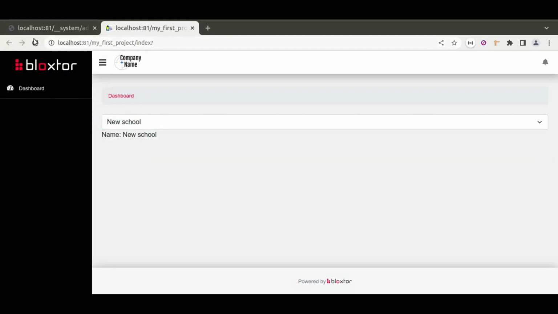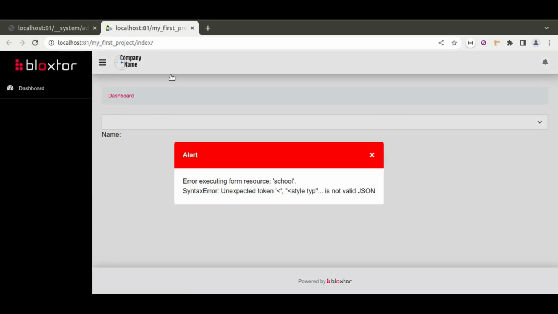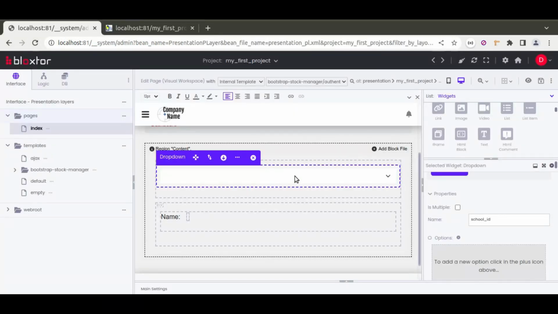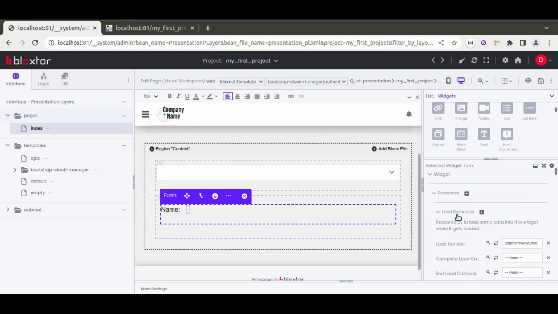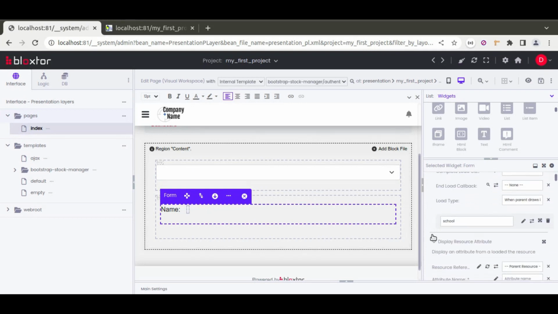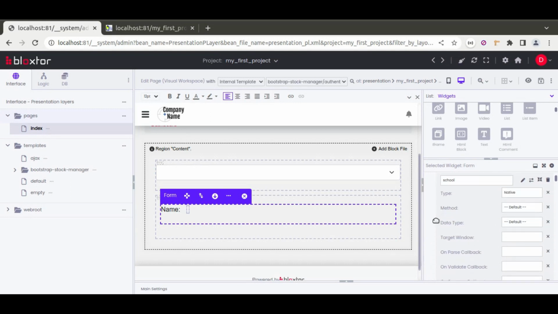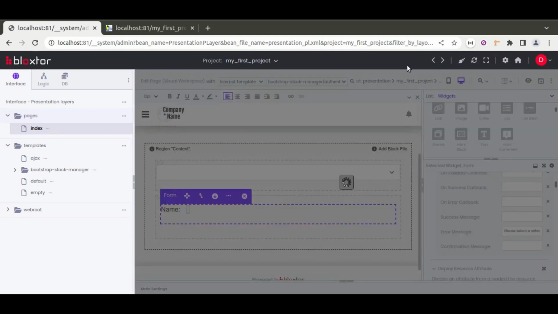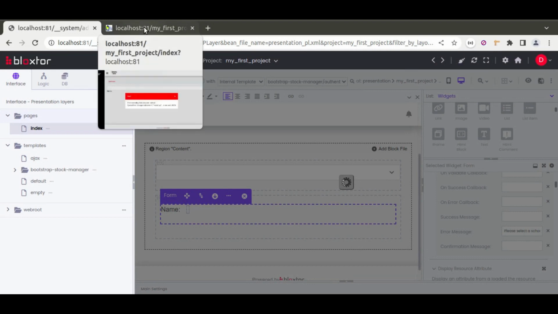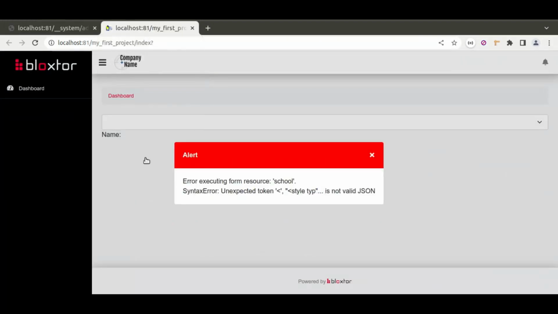Why is it giving the error when I click refresh? Okay, first of all, what we want to do is, when we click in the form, it's trying to load the resource, and it gives an error because there is no school ID selected. So what we can do first is put a different error message saying, please select the school above, something like that. And if we do save, we'll see a different message, which should not be this ugly message,